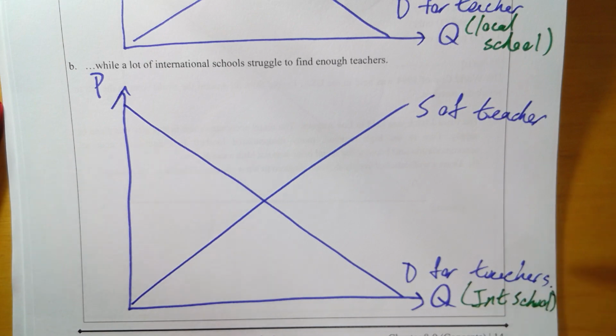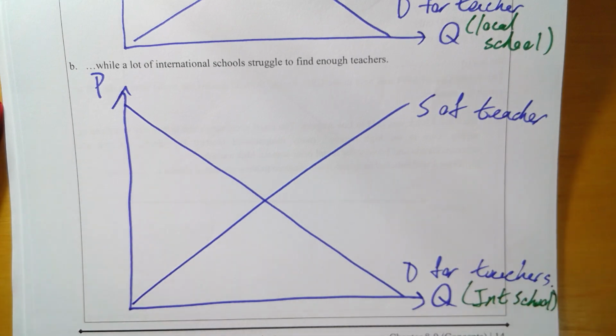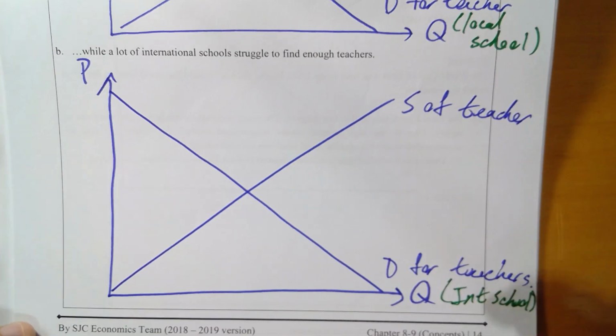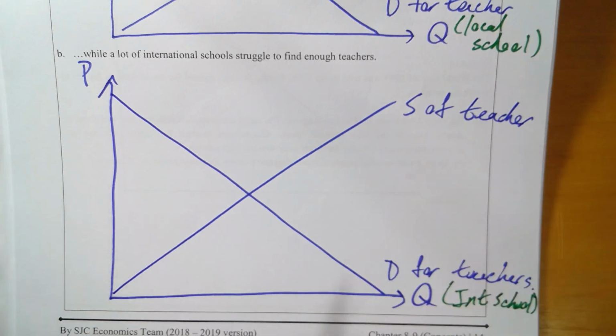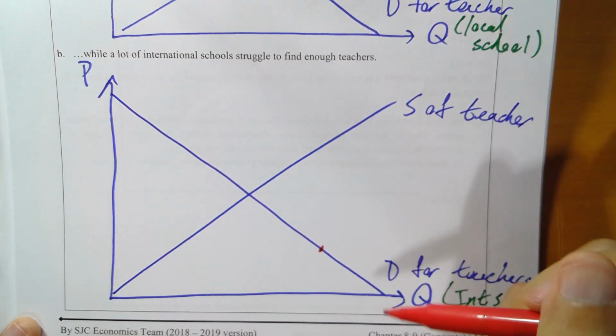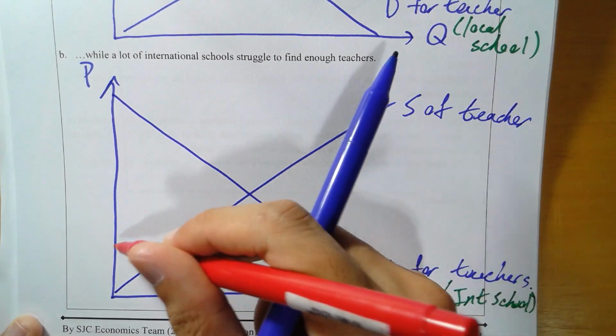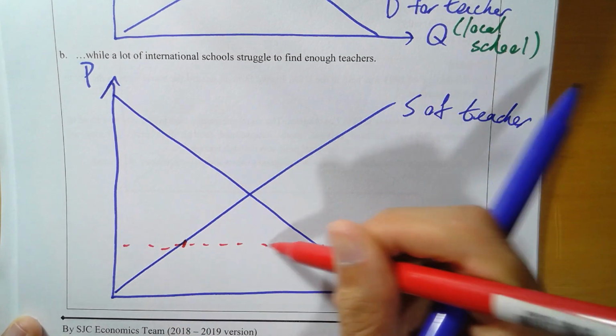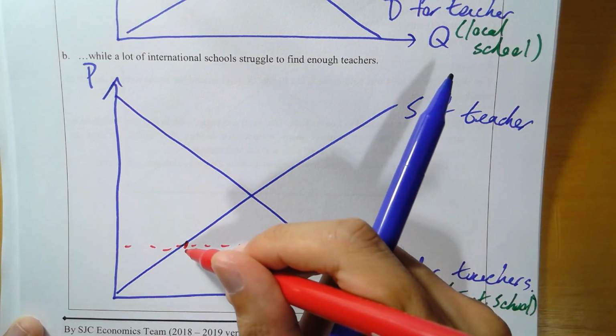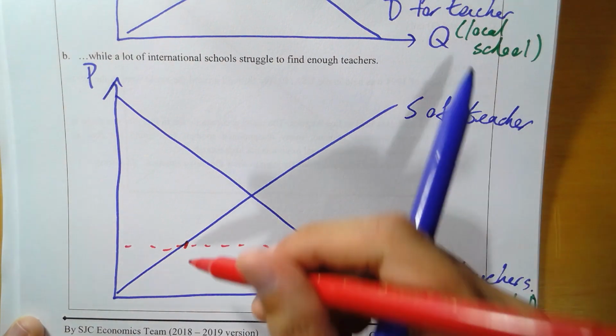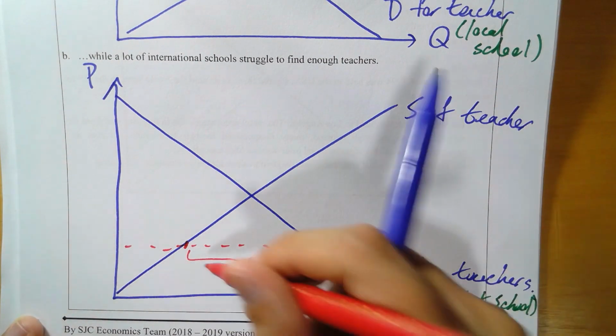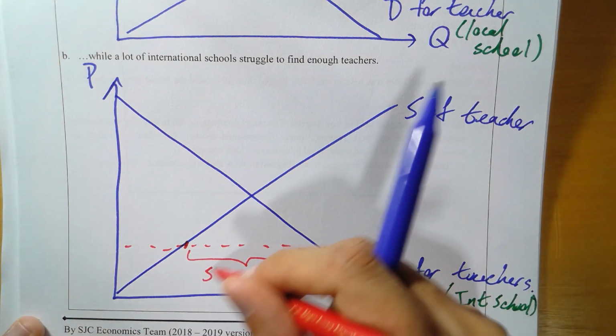Cannot find enough workers, enough teachers. 揾唔夠啦，so it means they want a lot, but actually, the market only can supply them with this much. 係咪啊？